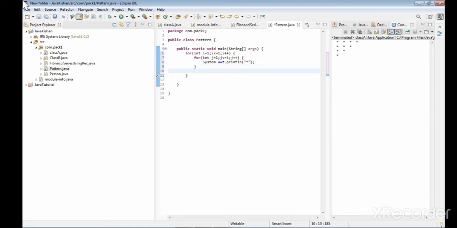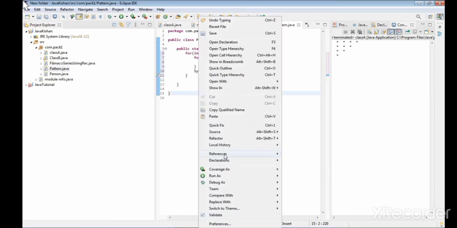After that we are using system.out.println for a new line, and we are printing nothing in this, so we are going to run this program.